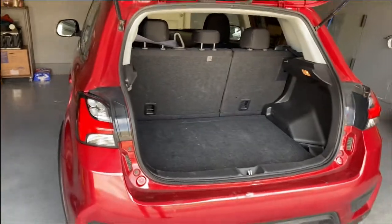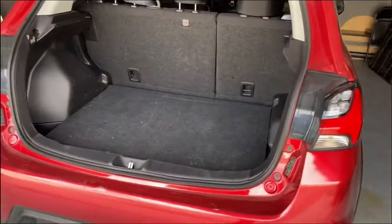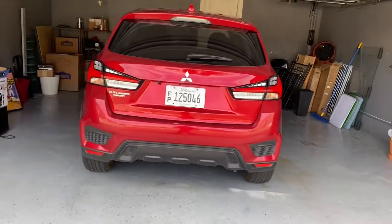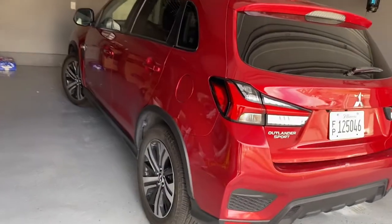Luckily, it has a fairly roomy trunk or boot area. You can fit lots in there. We had about 4 or 5 suitcases in there. And again, overall the stance looks pretty cool, but it does have a feature that may annoy others. And that...